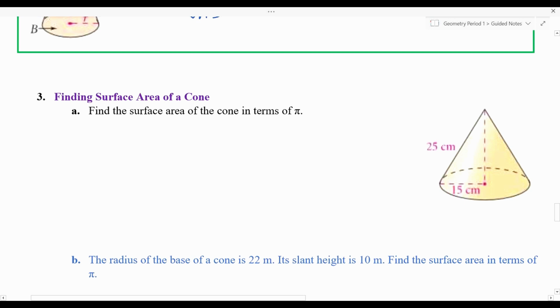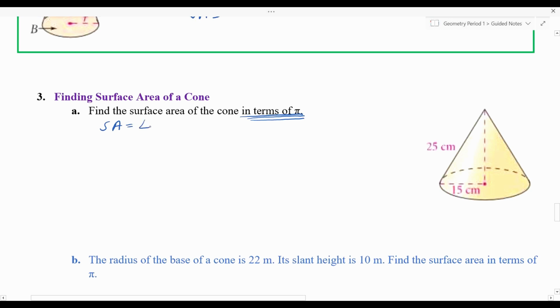All right, find the surface area of the cone in terms of pi. Again, it says in terms of pi. That means that my answer needs to have pi in it. So let's take a look at how this goes. So going back to the theorem, the theorem states that it's going to be surface area